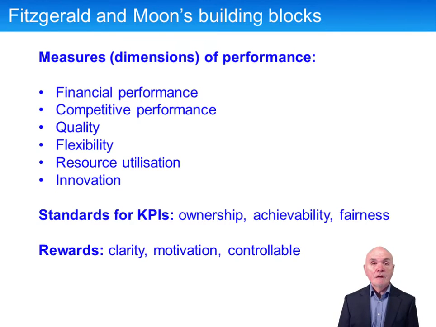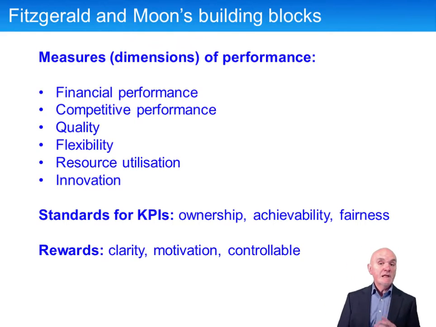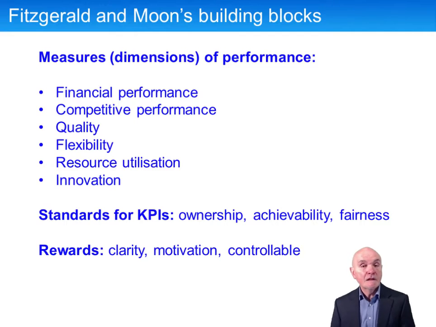So for example, our cost per unit maybe ought to be at least matching what our main competitors are doing. Our service standards, if we say we're going to be able to deliver this in 2 days, then that has to be in line again with what our competitors are doing. The range of goods which we hold in our stores, again, has to compete with other stores. So we need good competitive performance if we're going to get on to good financial performance.